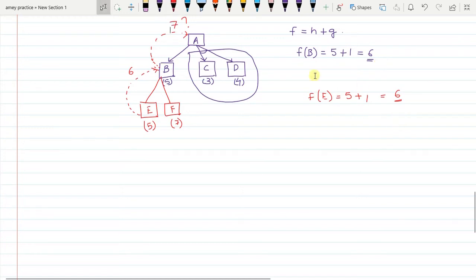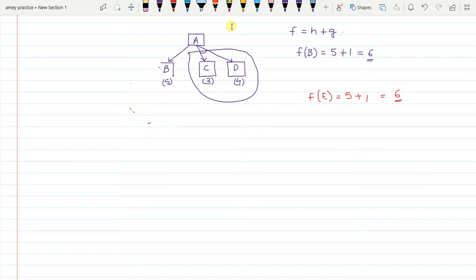Correct? So this is how the values are backed up in AO star when we are dealing with OR graphs only. I have not yet dealt with an AND graph, or AND arc, we have not seen. Correct? So this is how we deal with the OR graphs. Now let's continue our original problem that I was solving. Assume that these nodes are not there, so that F of E and all is not there, and assume that this is the tree. So I come back to the original problem that I had taken, right?